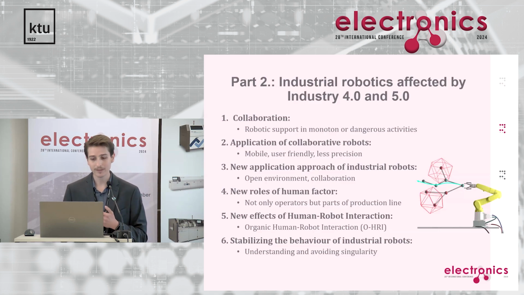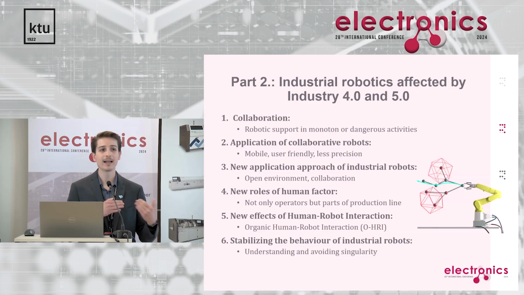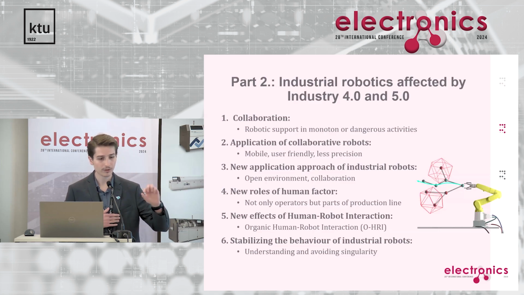However, the second topic is the motion analysis, especially for the singularities. This is the direction that I'm also researching and that I can talk about with passion. So singularity is a special kind of mathematical phenomenon, which means that the industrial robot during the motion loses one degree of freedom. So it becomes incapable of performing the given motion. It can be dangerous and it can be not. If it is not dangerous, it means that during the working procedure or along the trajectory, the robot will stop